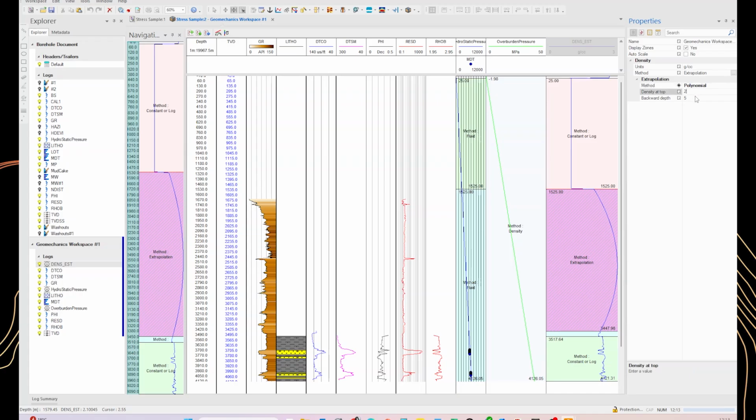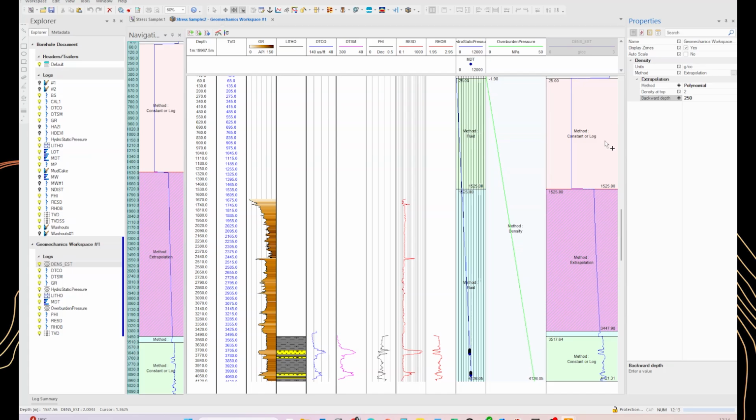Let's start with 200 meters and try 300 meters, and it gives us different shapes depending on the different data sets. We put 250 meters, which is very similar to the linear extrapolation for this specific scenario. We can leave it like that.